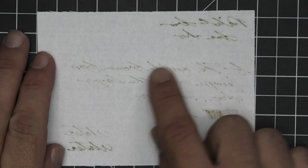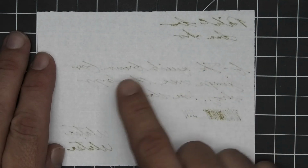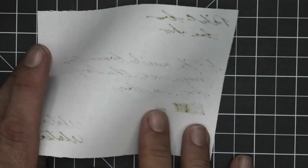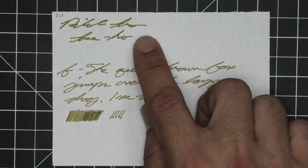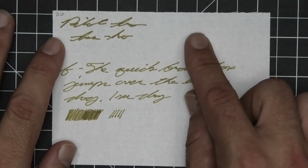The last writing sample is done on 20-pound copy paper. Now there is significant bleed into the page, especially with the medium, not as bad with the extra fine. Neither of them would let you use the back of the page, but neither of them touch the page underneath. The medium has a bunch of feathering. It does spread. It has no halo, no sheen,